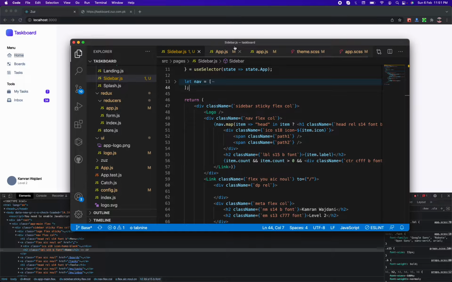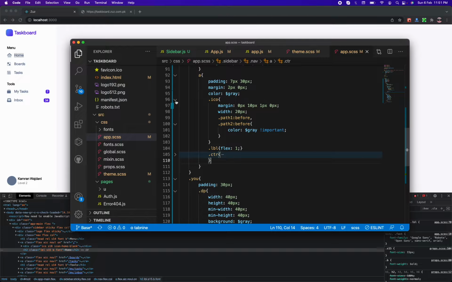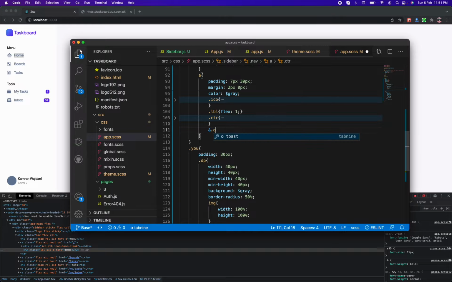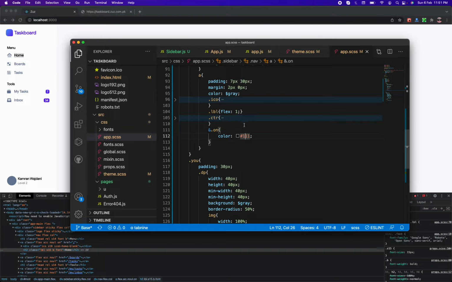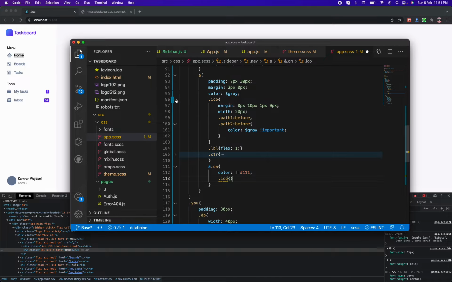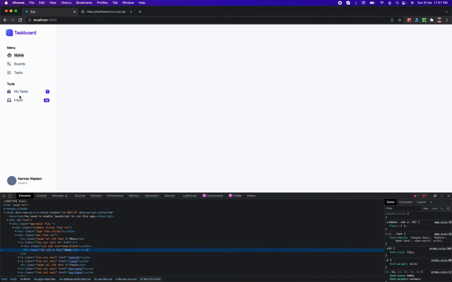Now we need to go inside app, and for the on state and dot on, we will add a color of #111, and for the icon .ico, we need to copy this before thing as well. And the color should be #111. This way we can see actually we are currently on this tab, but